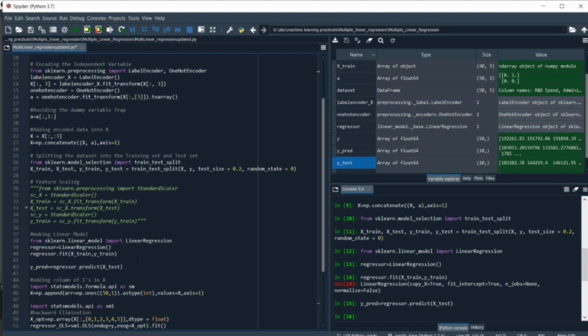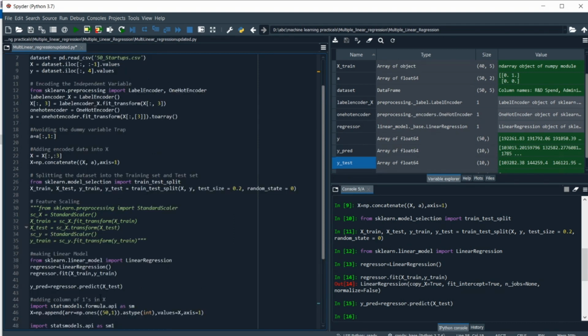So in order to understand the concept, we are going to use this in our code. We are going to use the statsmodels API for that. Now this API is used to gain statistical information and understanding about our model and our variables, and then we are going to check whether there is a relation between each independent variable and our dependent variable or not, and how strongly it is related. If it's related, then we are going to use that variable in our model, and if it is not related, then we are not going to use it. So let's start in our code.